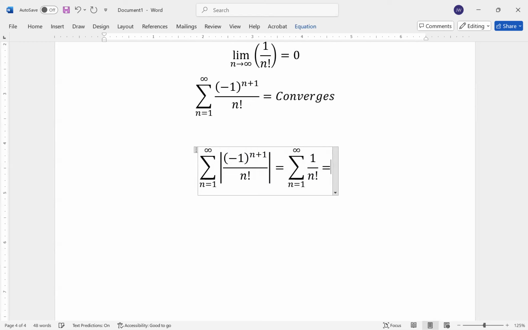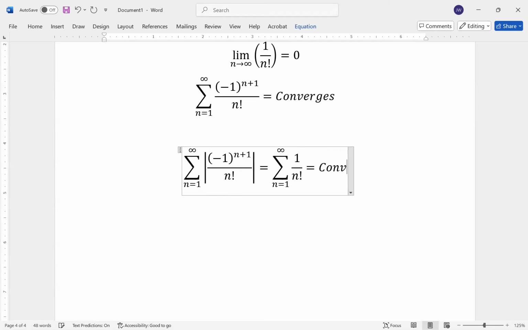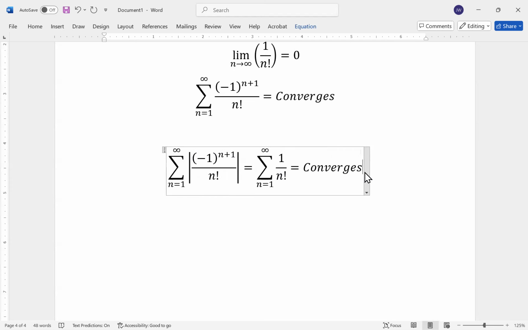This infinite series we've seen before, it converges. And again, if you had to show this, you'd use a direct comparison to something like an infinite series of 1 over n squared. Since n factorial grows a lot faster than n squared, these fractions are going to be smaller. And